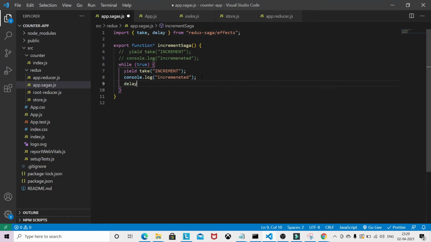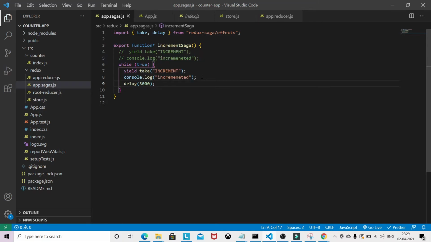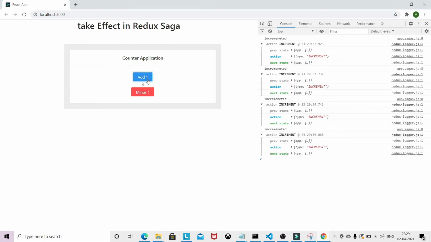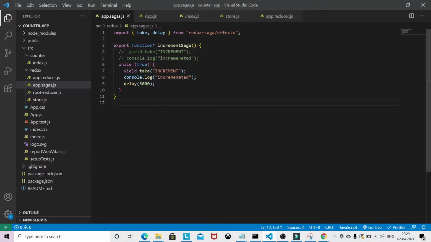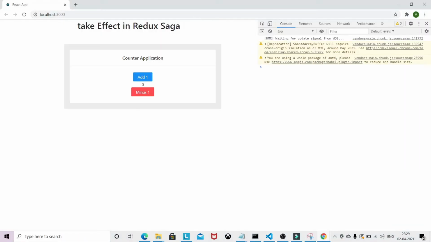And if I give a delay like 3000, and I go back to the application and refresh it, and if I add... one second, one mistake has happened, so we need to yield this value as well. So now again I refresh this application.